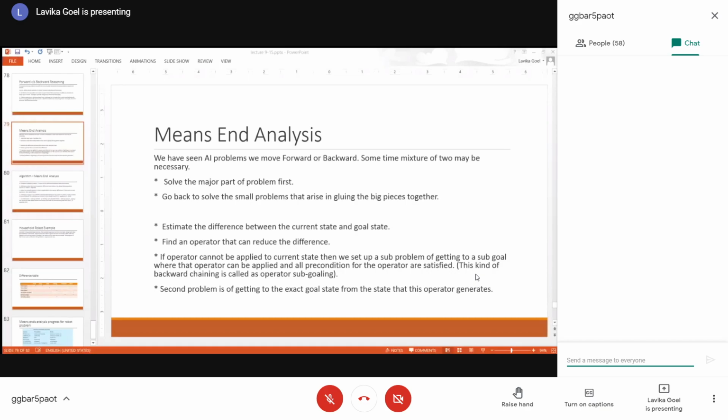So after application of an operator, you will be able to bridge some gap between the current state and the goal state, but not all of the gap, right? You will be able to minimize the difference between the current state and the goal state, but not completely by the application of just one operator, right? So when you apply one operator, you will be minimizing some difference between the current state and goal state, but it will eventually lead to two more differences which you have to minimize.